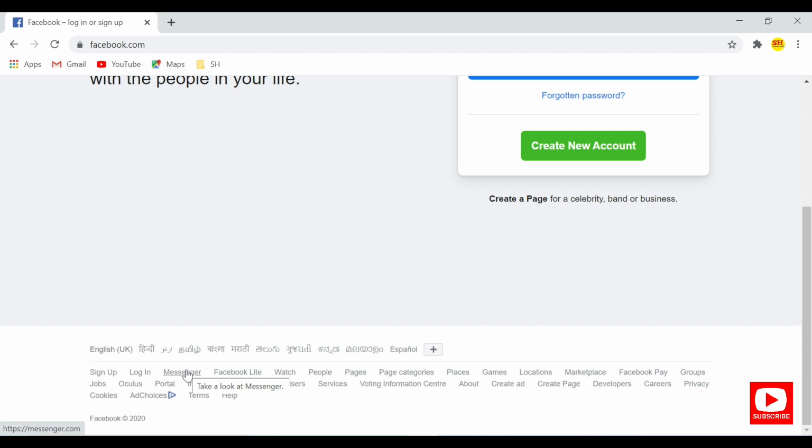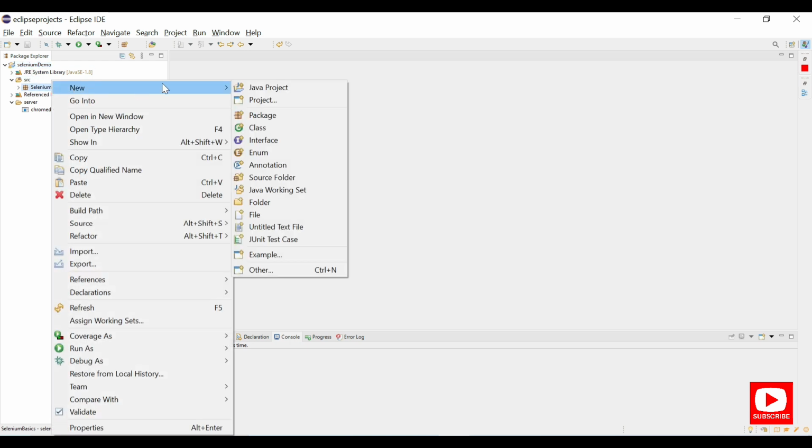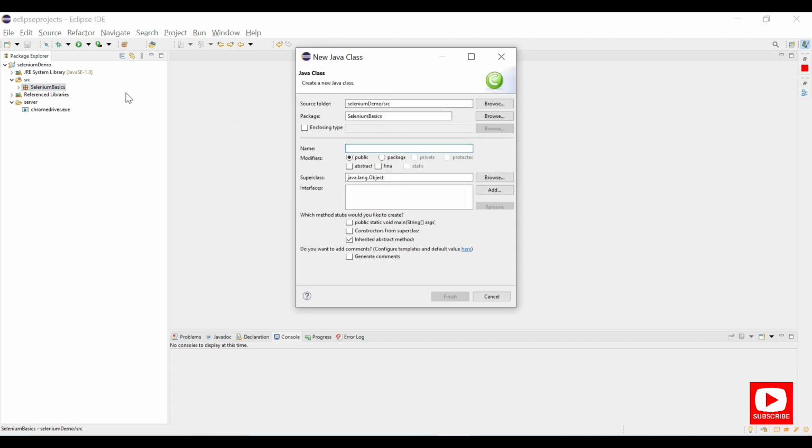So we have these test cases in some applications where we need to find out the tooltips of the page. So let's jump into Eclipse and we'll write a code example. So here I have a Selenium project created. Under that I have a package. Under that package I will create a class. In case you are new to this tutorial, please do watch my previous tutorials on how to create a Selenium Java project in Eclipse IDE, and also a Selenium Maven project in Eclipse IDE. I will share the links in the description section.